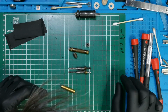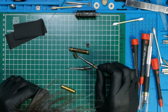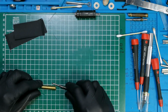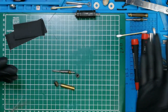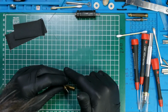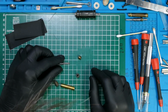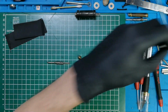So I will polish this one and these two for this part. The other one is identical, so it doesn't matter. Just so I can start working on gluing everything back. And for this stage I will need